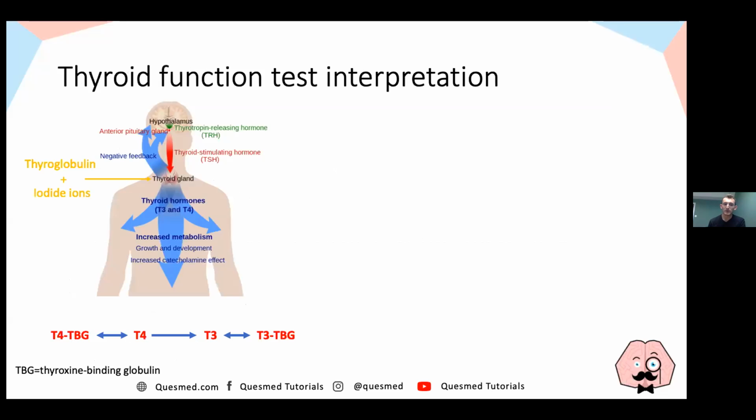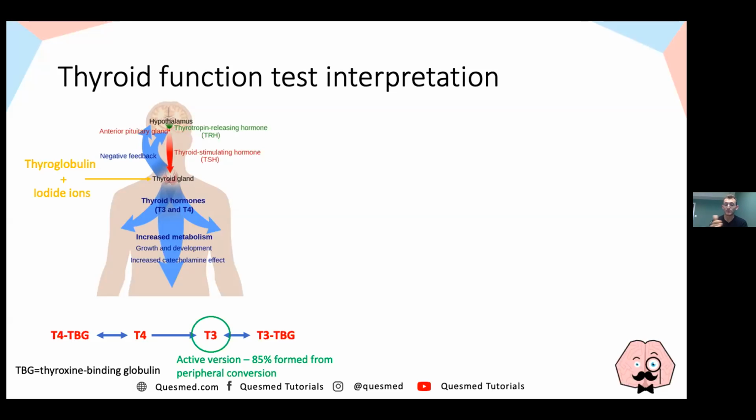I thought I'd start with a question about general interpretation of thyroid function tests, because that's really important. It's really important to understand the negative feedback pathway in order to be able to diagnose different thyroid disease. This is a pathway that I'm sure you've all come across before. The hypothalamus secretes thyrotropin releasing hormone, which stimulates the anterior pituitary to secrete TSH, and TSH works on the thyroid gland to produce thyroid hormones, which takes up thyroglobulin and iodide ions to make the T3 and T4. T3 is the active version of thyroid hormone,